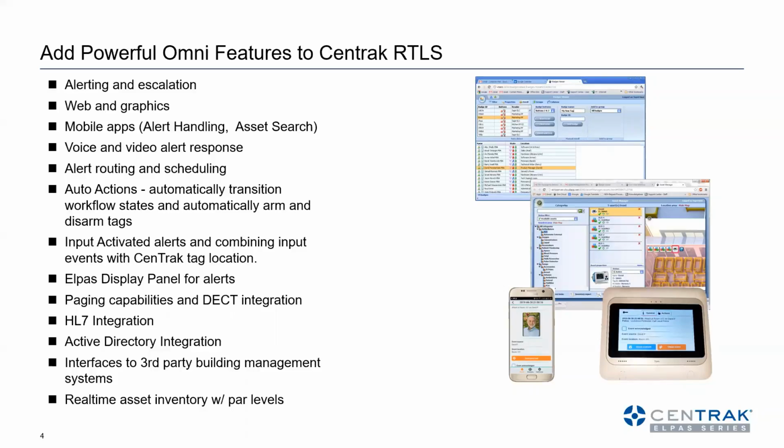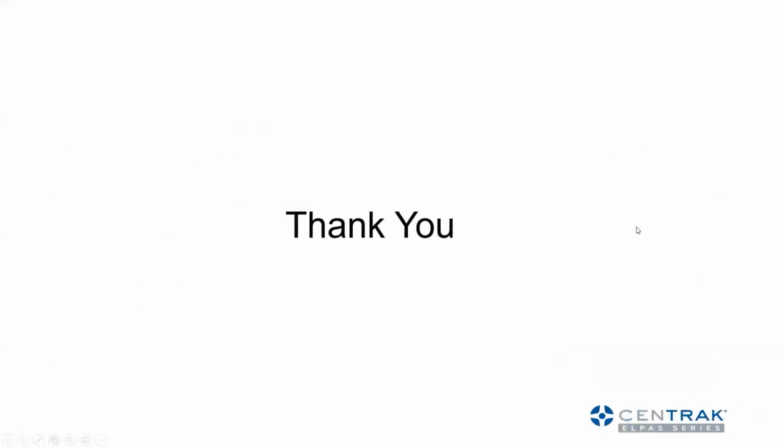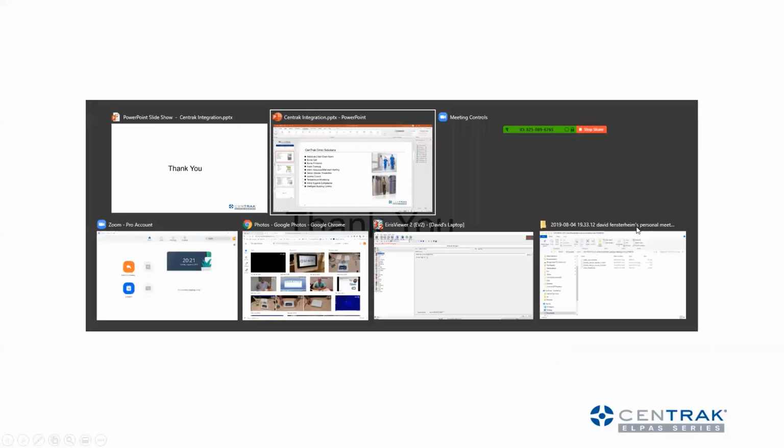And as I mentioned, we've got asset inventory and reports with par level, so you can see at a glance where you've got either too few or too many assets of a particular category. And these are just to mention a few. So that is the short description of the